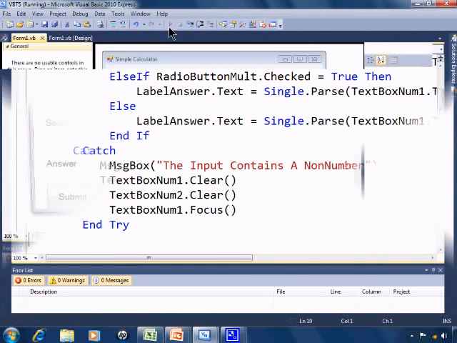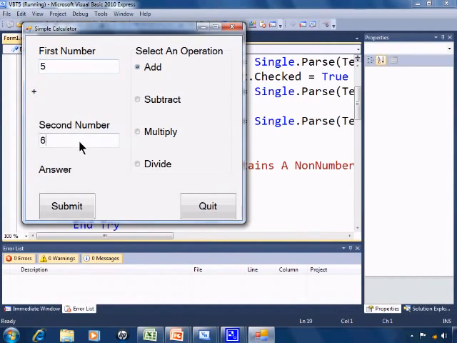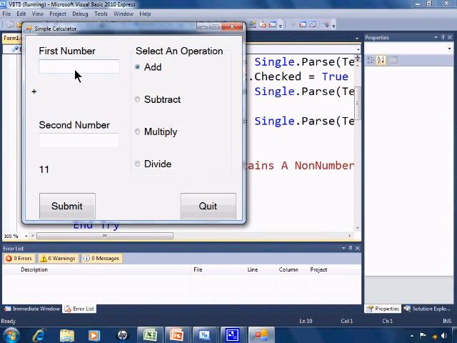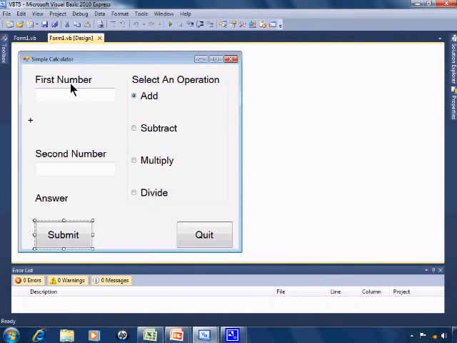and I'll go run. So here the numbers work. If I put in something that's not a number, we get the input contains a non-number, clears out the text boxes. Alright, the next problem we'll work on is the tabs. When you click on tab on the keyboard, notice how the tabs move around in an order that isn't quite convenient for the user. So I'll go ahead and close this down, and we'll go back to the form,